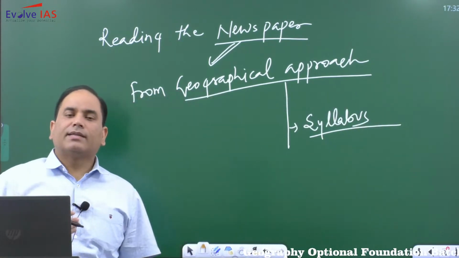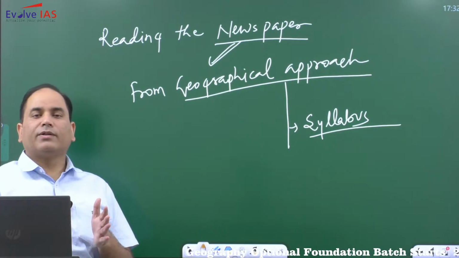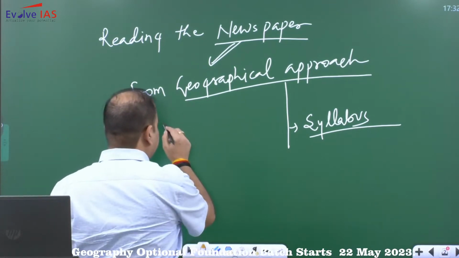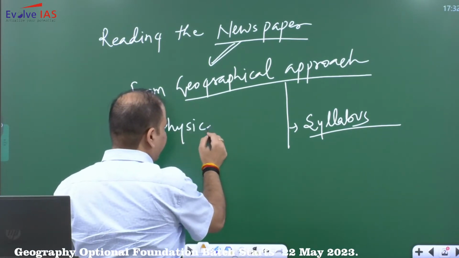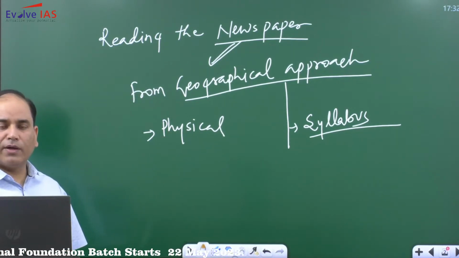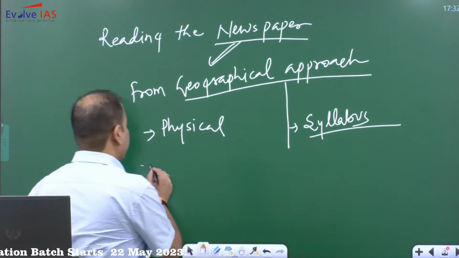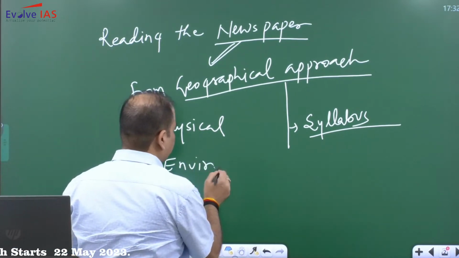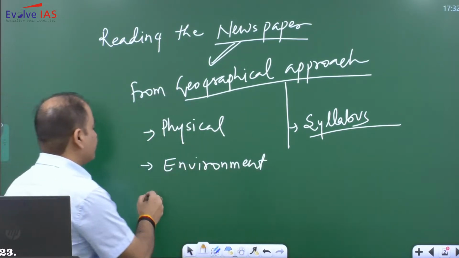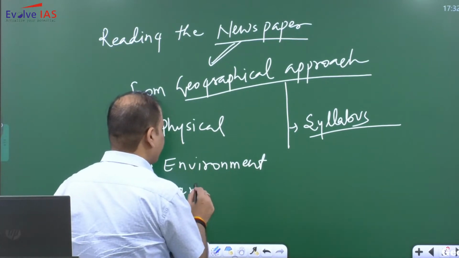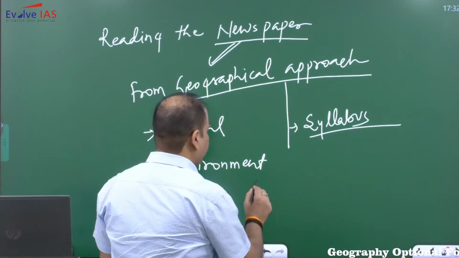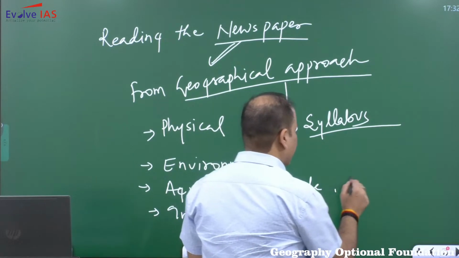So when you are aware of what the different topics are that are part of the syllabus, so when you have a good idea that we have physical geography, and in physical geography we have geomorphology, climatology, oceanography, biogeography, environmental geography. In physical geography, specifically we have environment. Then we have economic geography. In economic geography we have agriculture, industry, trade, transport,